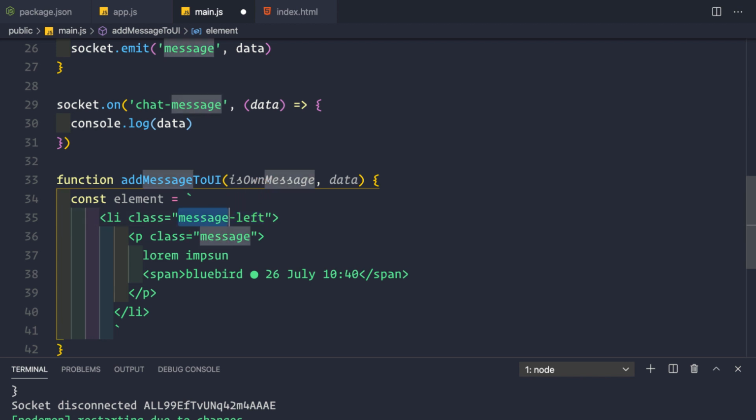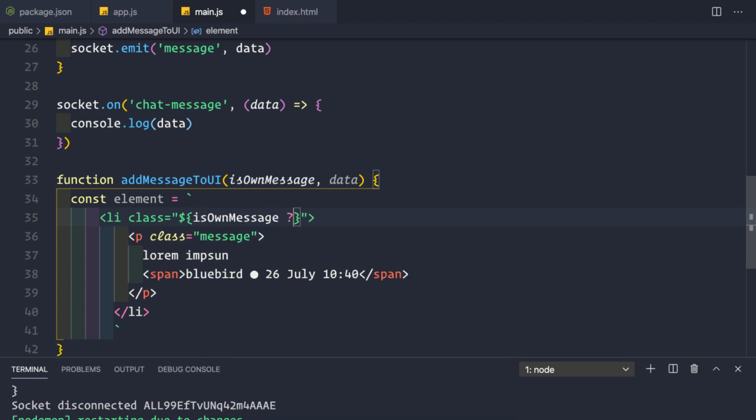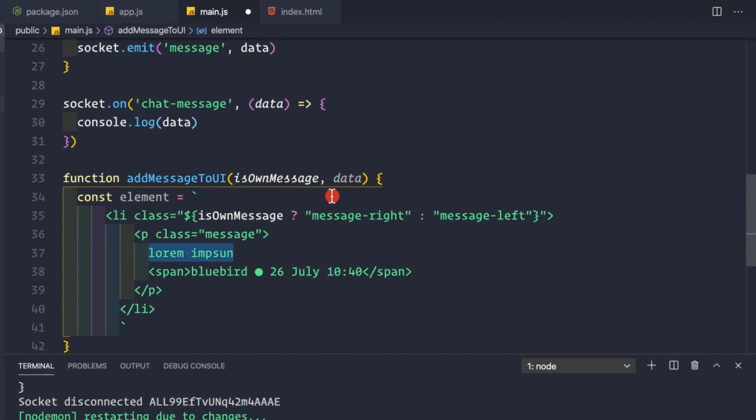So we can do it like this. So $, and here firstly we would check if it is our own message, then the class name should be message-right, otherwise the class name should be message-left, like this. And now for the actual message, we can again use template strings, because this data contains the actual message here.